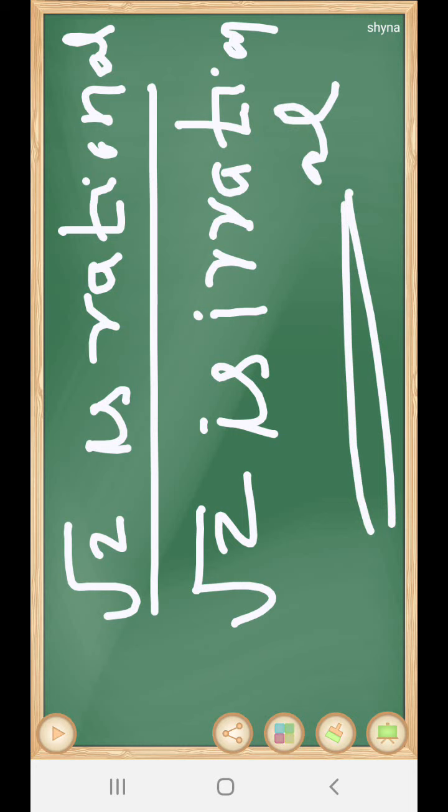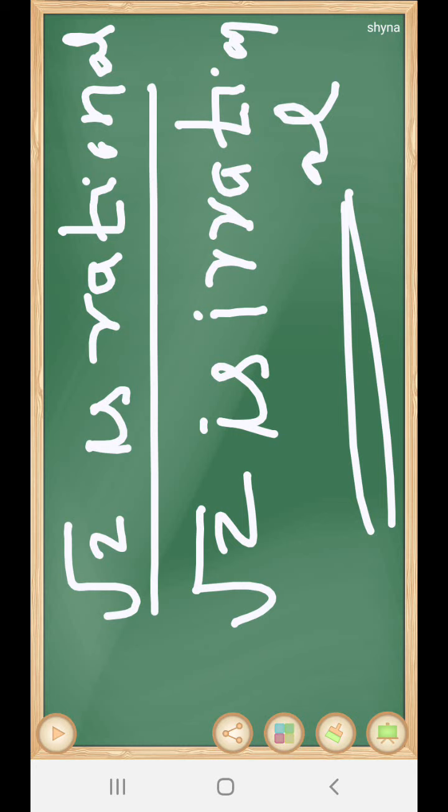Nothing more. This is a different method. First, we consider that root 2 is rational, though we have to prove root 2 is irrational. We consider just the opposite, and by using that concept we write more steps. And at last we will get one sentence that contradicts a point.